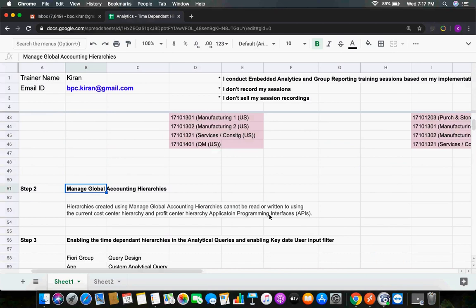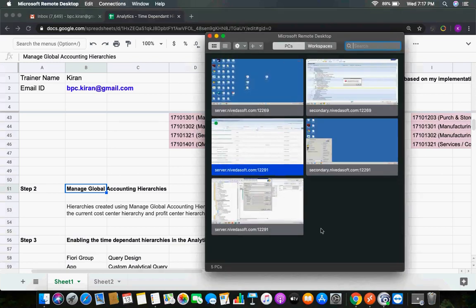So whatever hierarchies you create in Manage Global Accounting Hierarchies, you cannot view in the backend. For example, if you go to KSH1 or KSH2 for cost center hierarchy, or the code for profit center hierarchy, there you cannot see them. Even the old hierarchies you have in the system, you cannot see here. You have to import those things. So here I already created 2 hierarchies.